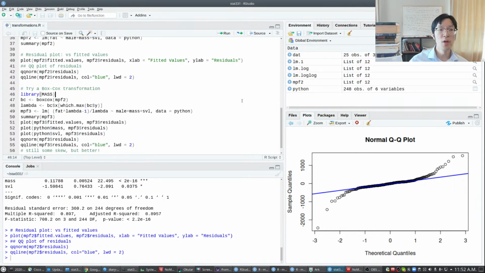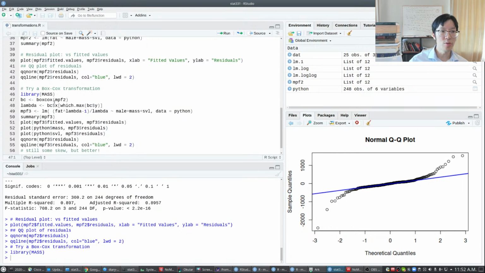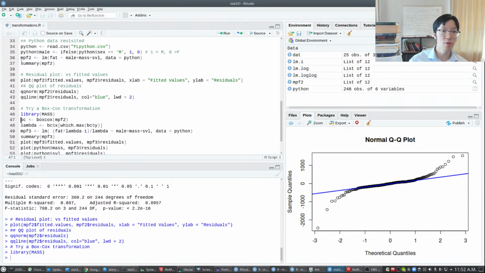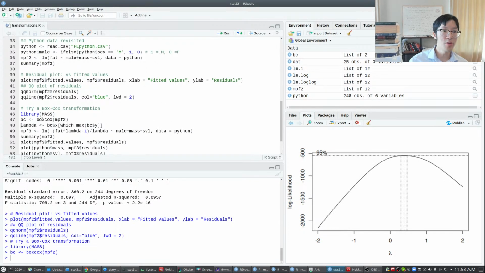The Box-Cox transformation is included in the MASS library, so we will load that up. And it's very simple to call. You simply apply the boxcox command on the fitted regression model. So I just put the fitted model in here, and save the results in some variable. And what it does is it plots